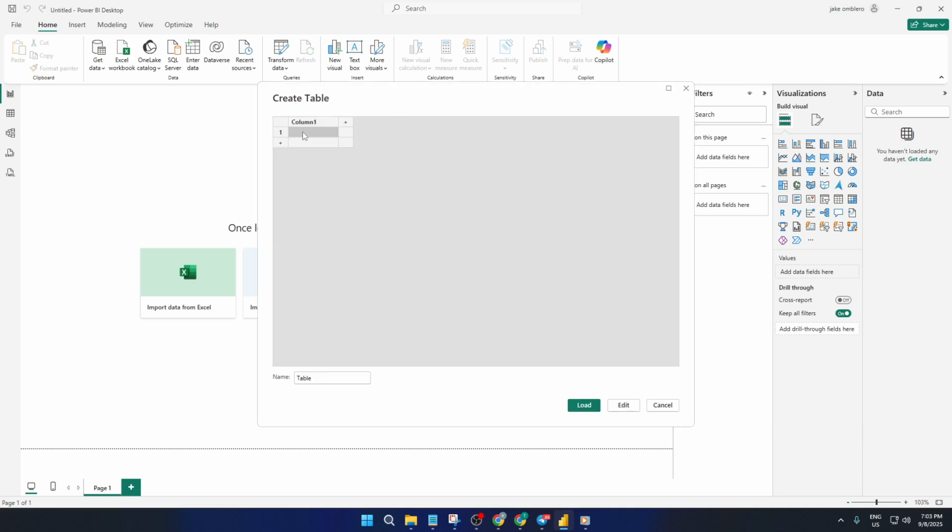Now here you can start laying down the foundation of your table. Maybe you're making a quick sales list, a product lookup, or just a few test values to play around with. You'll notice on both the right and bottom edges of this window there's a little plus sign. Clicking this plus sign is how you add new columns or rows. Let's say you need to track 3 kinds of information, for example, product name, category, and sales amount. Just use the plus sign to add those columns on the right, naming each one thoughtfully so it's clear what data goes where. Then, use the plus at the bottom to add as many rows as you need for your